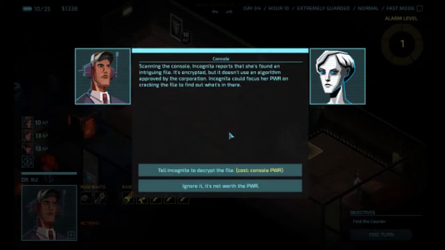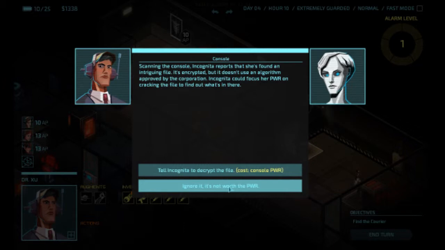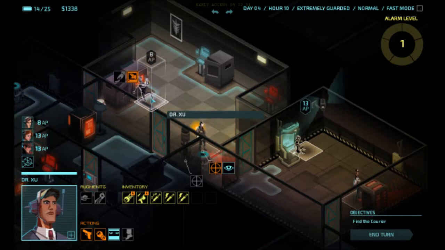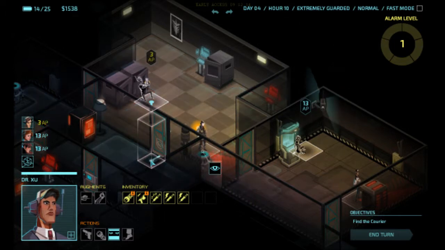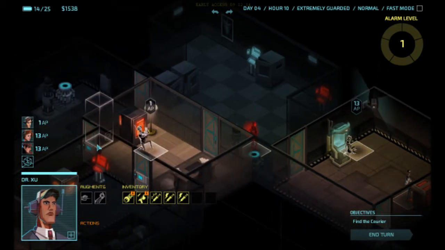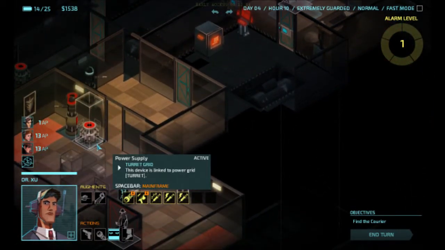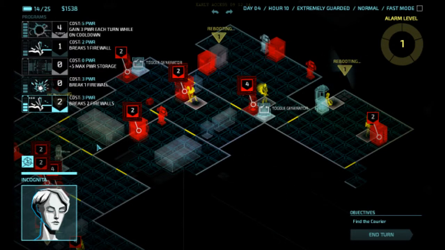You know, Tony, pick up. Scan the console. It's not worth the power. So just take down this safe as well. And we'll get Tony nice and safe in this room. Right, there's a daemon on both of these safes. Tony doesn't need to go that way anyway, so...